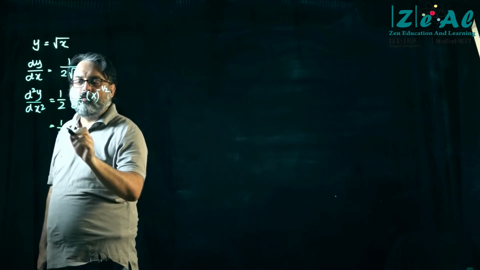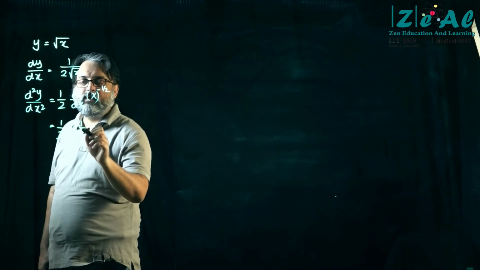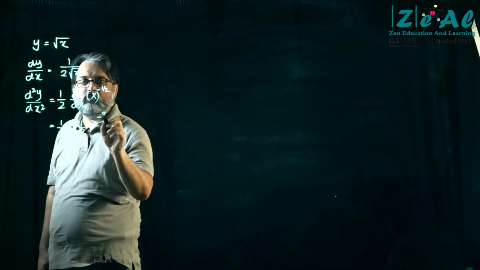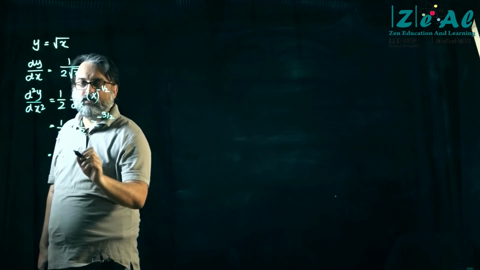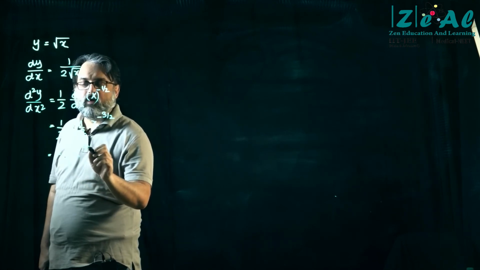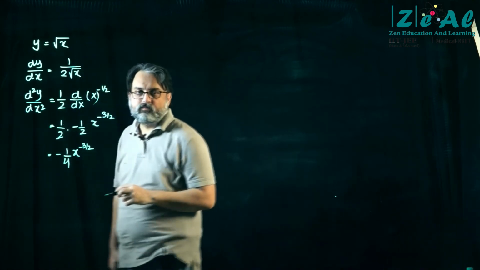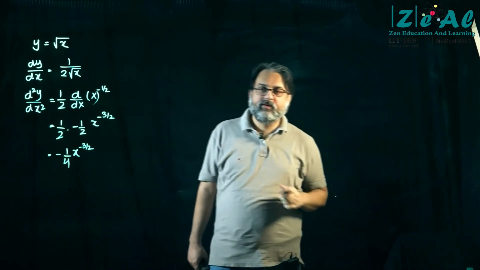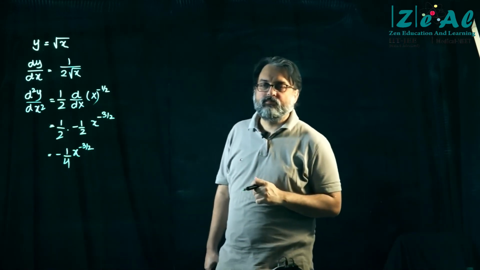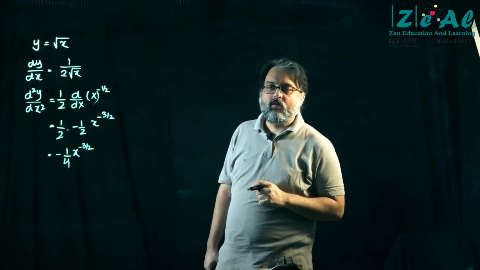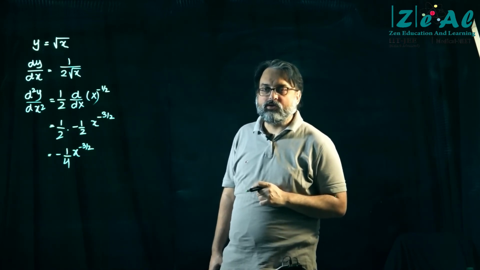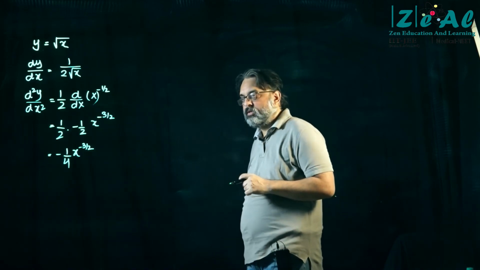This will be equal to minus half x raised to the power minus 3/2. So the answer is minus 1/4 x raised to the power minus 3/2. ये लिखा था क्या ध्रुव? कहाँ? अच्छा ओके, सॉरी, फिर मैंने ध्यान से नहीं देखा, सॉरी।